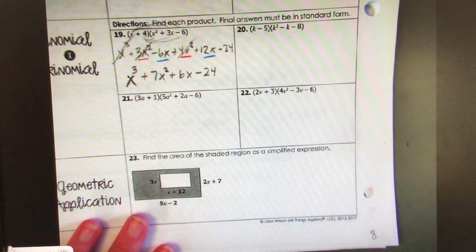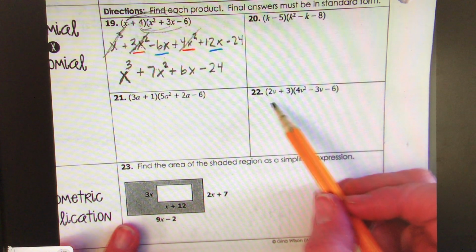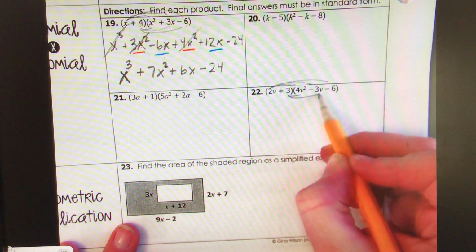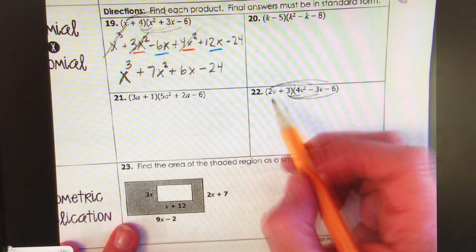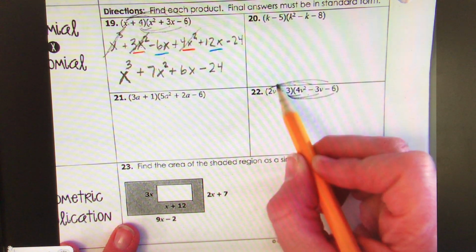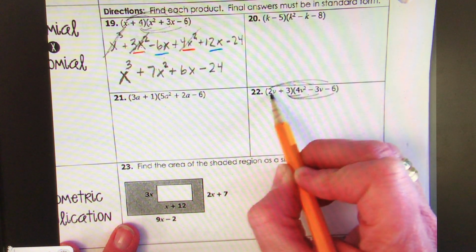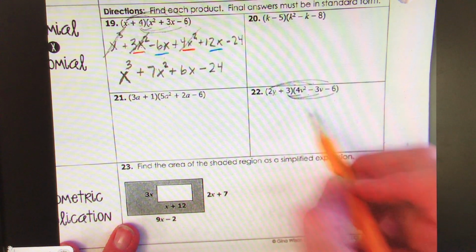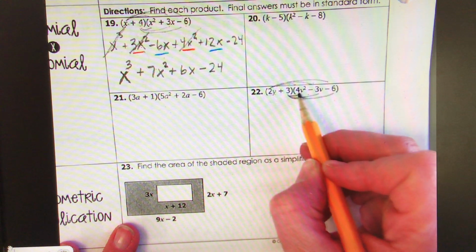Okay, so if I look at 22, I am going to make sure I take care of everything. So let's go for it. So for 22, and the reason I chose this one is because each polynomial, polynomial A, which is a binomial and a trinomial, each one has a leading coefficient, which is just a number, a coefficient, if you will, that's with the highest exponent. So if I multiply 2v by 4v squared, I'm going to have